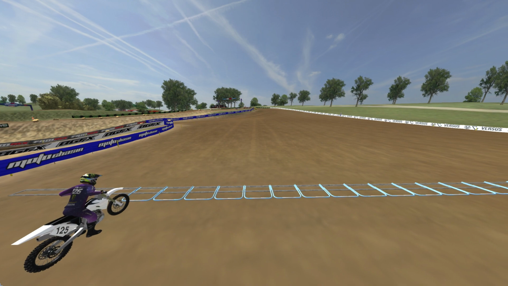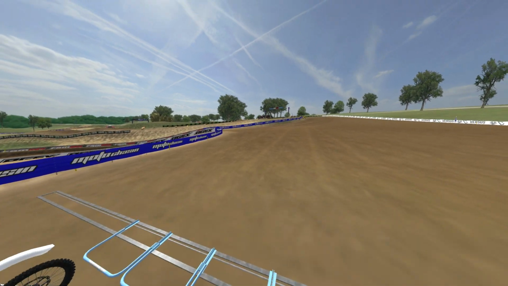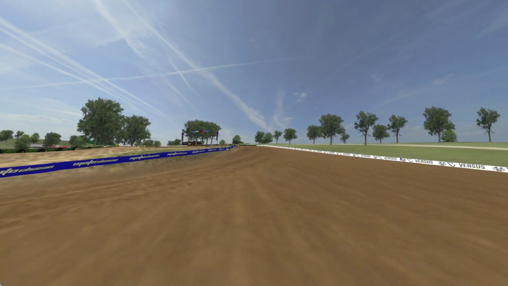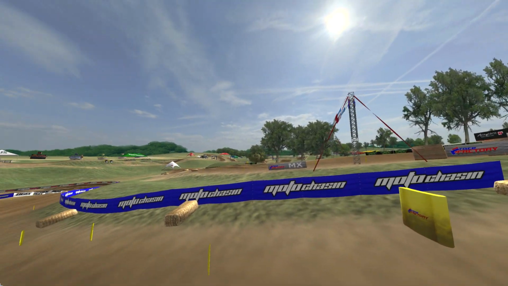You really have to be getting off that gate, timing quick, low gear, bottom end power to the ground. There are a lot of different elements to that, but either way, that's how you pick your gate on MX Sim,